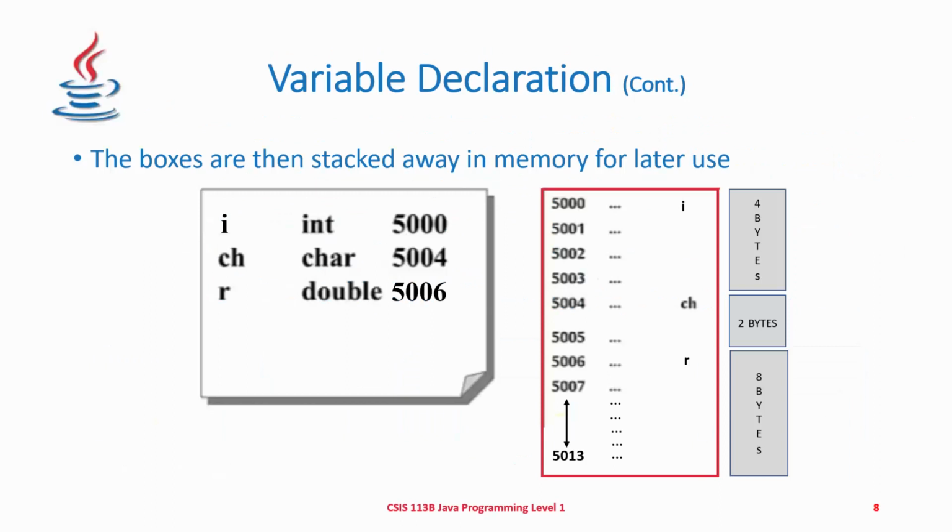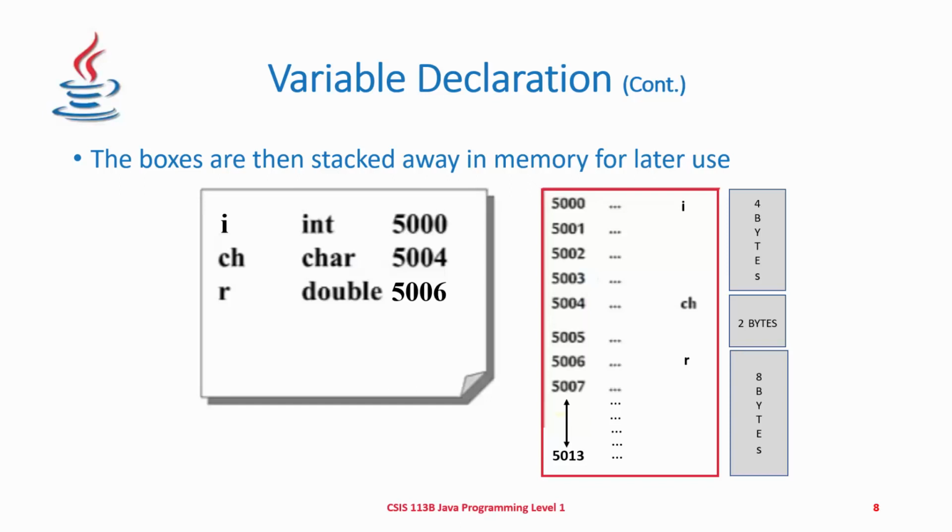So what we're essentially getting at here then is that we're stacking these boxes up in memory. This is a representation of the stack that's being used for our program here. Again, we've got our 3 variables with the names I, CH, and R of type int, char, double, and the beginning address locations. The graphic to the right shows you that beginning at 5000 in memory,